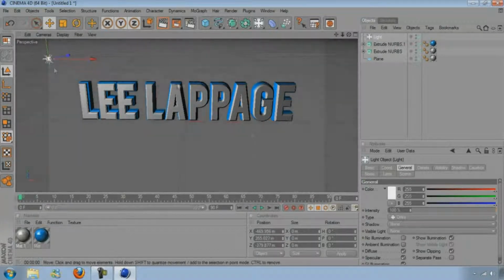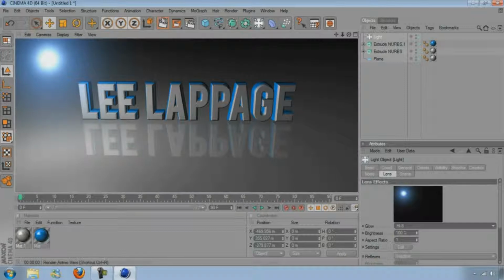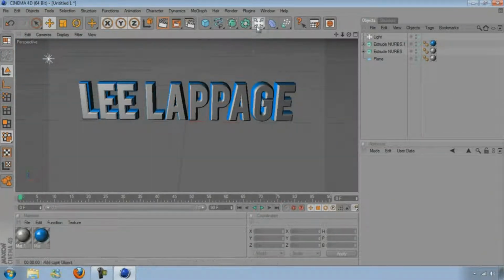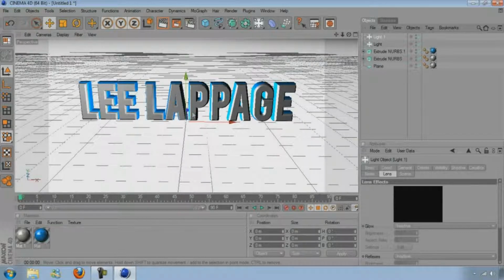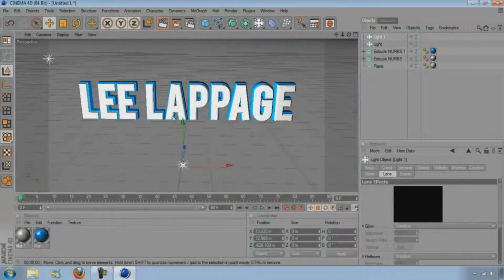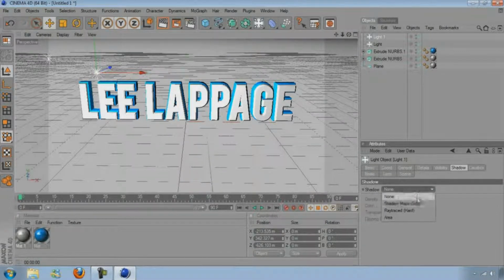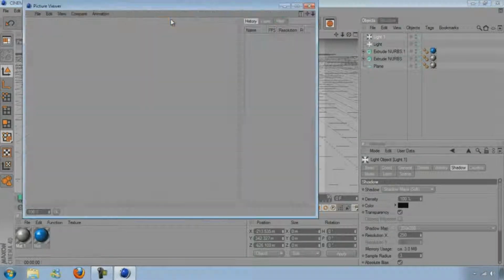And then I'm going to go to lens and then glow and then select high 8, so then when I render it out it's just got a pretty cool blue light on it. And then I'm just going to add another light, just a normal one, and then just move that back here and up here, over here. And then on this light I'm going to go to shadow and change it to shadow maps,